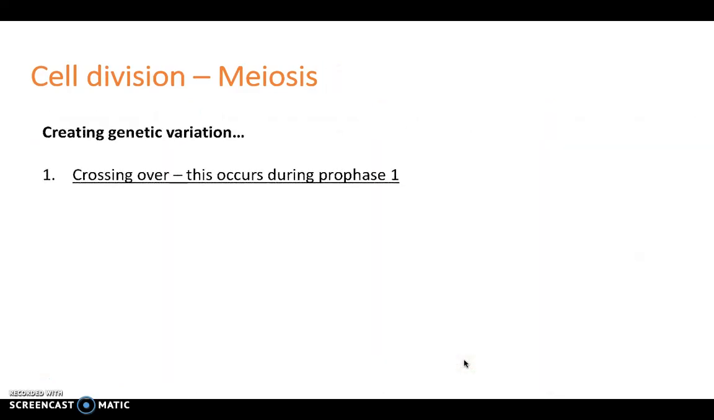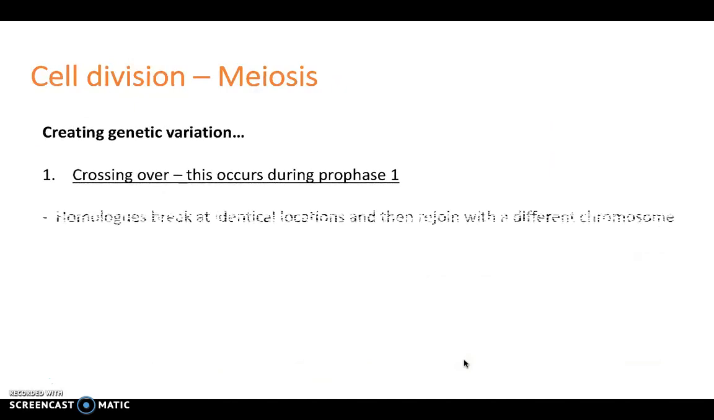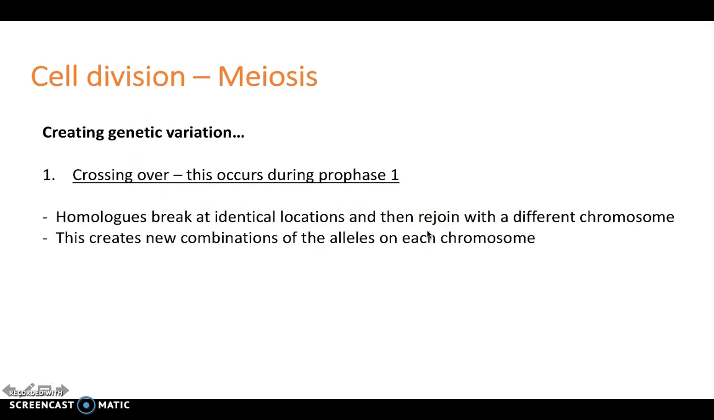So meiosis is all about creating genetic variation, and the 2 ways we do this, as we've already said, are crossing over and independent assortment. So crossing over occurs during prophase 1. So homologues break at identical locations and then rejoin with a different chromosome, and this creates new combinations of the